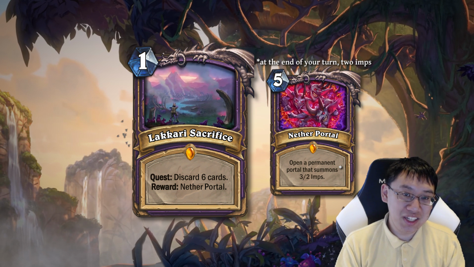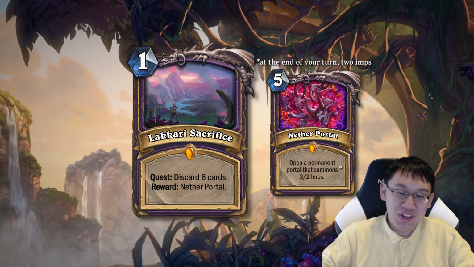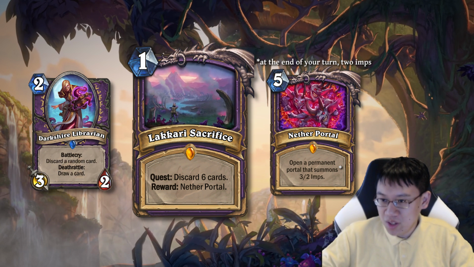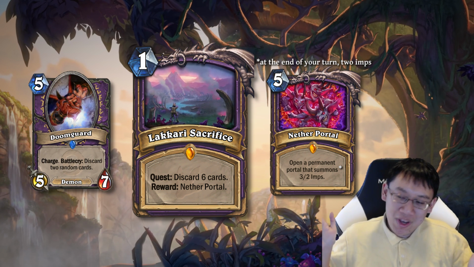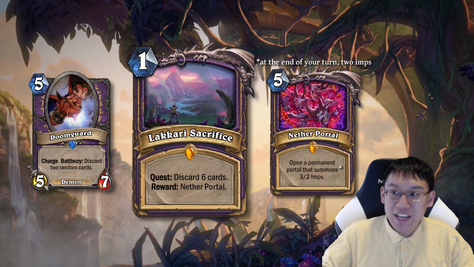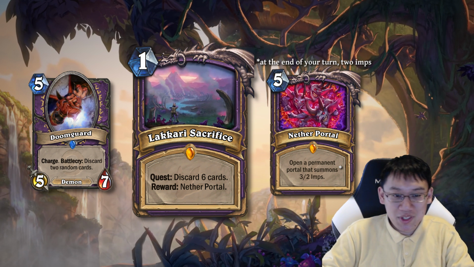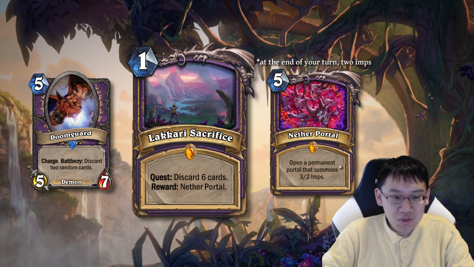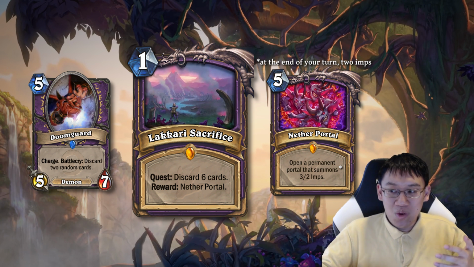Lakkari Sacrifice. When I first looked at it, I was kind of meh on it. I was like, man, it's so hard to discard 6 cards. And with the current Disco Zoos out there, you usually run 2 Darkshire Librarian, you run 2 Soulfire, and you run 2 Doomguard, which means the maximum amount of cards you can discard a game is 8. And remember, with Disco Zoo, you are typically not even discarding cards. You usually want to top deck Doomguard, and you want to top deck Soulfire, and you want to play them